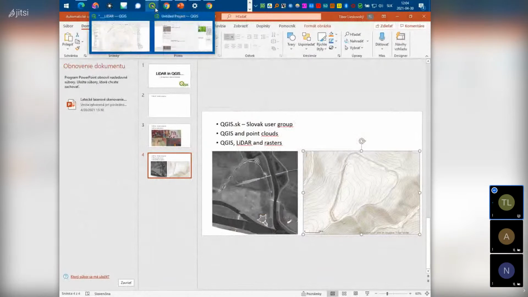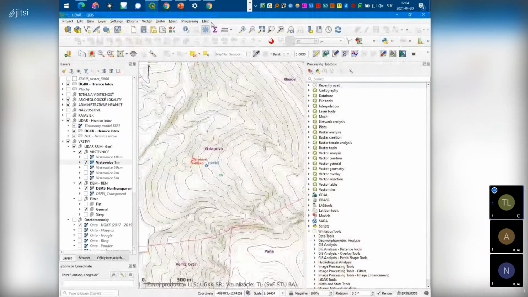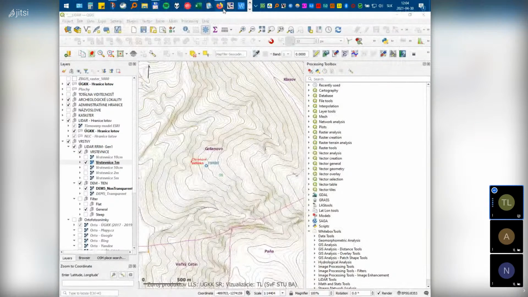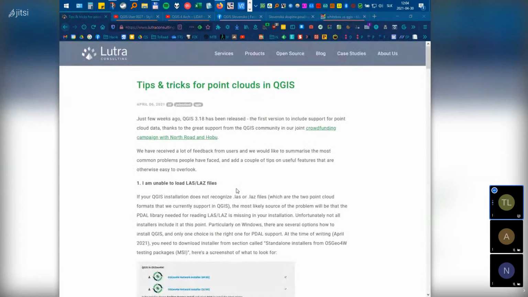At the beginning, I think the point cloud support in QGIS is a pretty new thing. It was introduced at the beginning of this year, and it was one year of development. It was based on really successful crowdsourcing, and it was developed by Lutra Consulting and a few other companies. It was developed because of you, because of users. The crowdsourcing was really successful. And Lutra Consulting, as one of the authors, also made a really nice blog about it, I think three weeks ago,